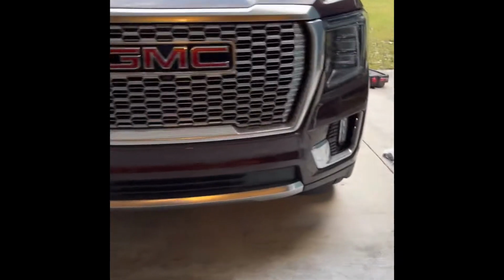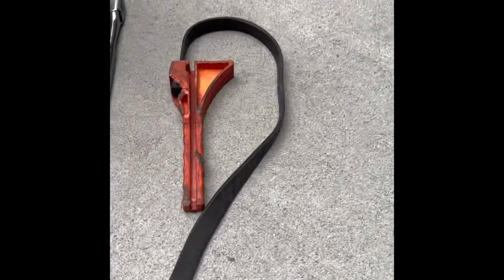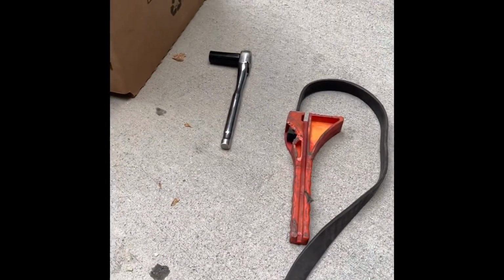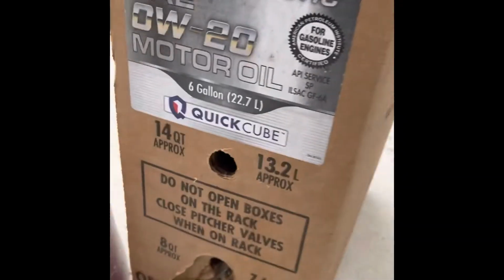Simple things you'll need for your basic oil change: this is an oil filter wrench to get the oil filter off, a 50mm socket, and then it takes 8.03 quarts. All right, let's get going. You want to just undo the cap,